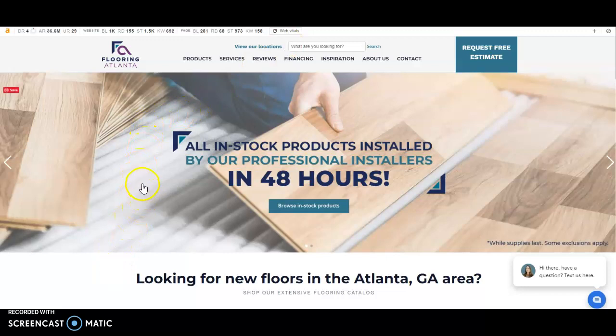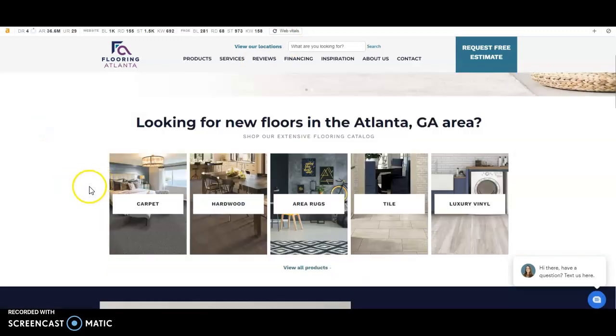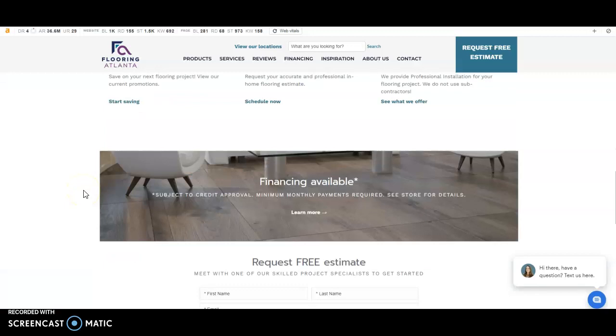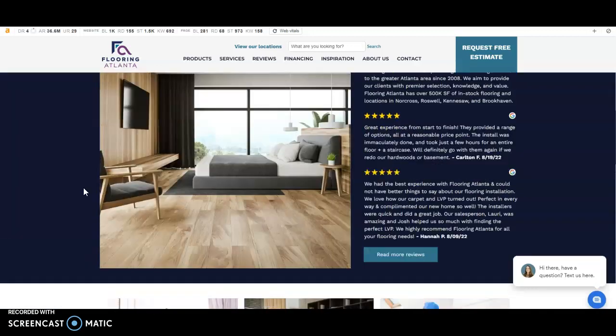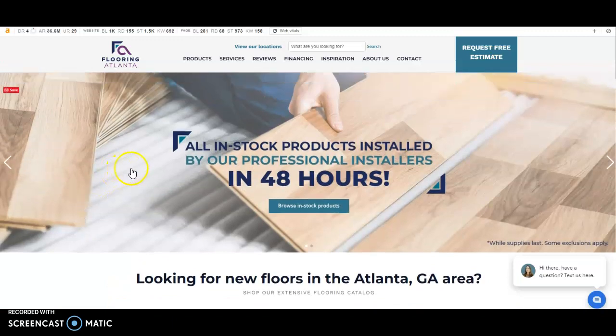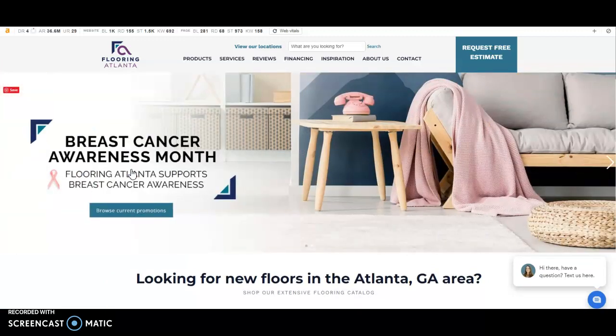So I was looking at this front page and I grabbed one of your competitors, flooringatlanta.com, and I was looking at their content as well. They don't have a whole lot on their front page. I would maybe guess around 50 words or so on their home page. But definitely I would increase the content with lots of good location service-based keywords for your homepage and throughout your website as well.